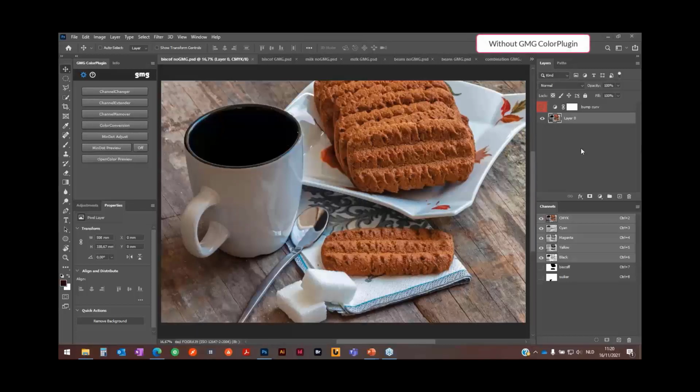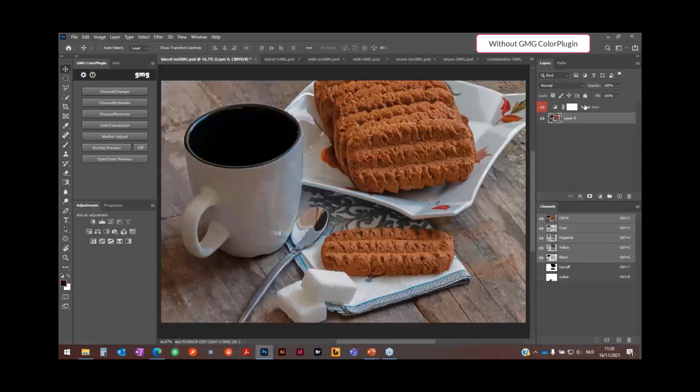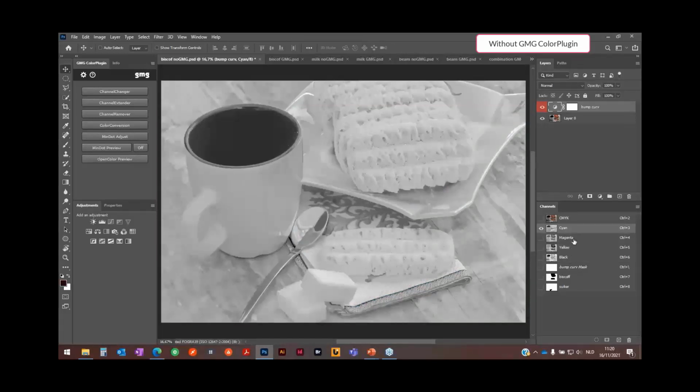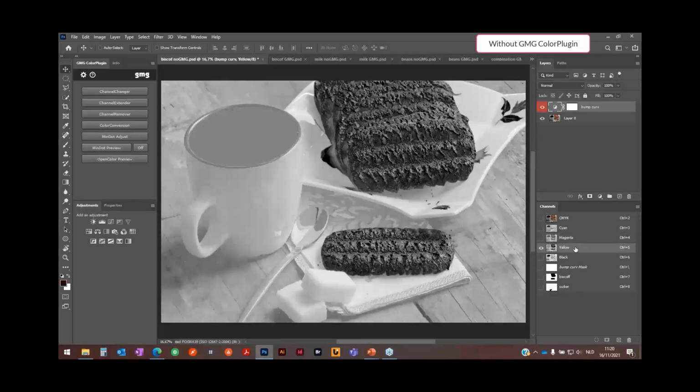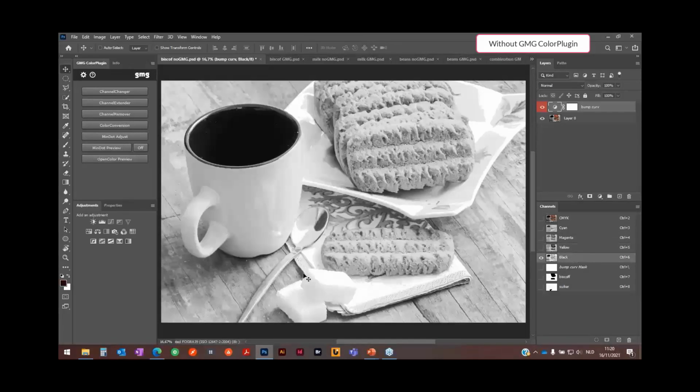The first thing we always do is simulate how it will be printed in Flexo. So I have here a simulation curve, which actually bumps all the values to some higher percentages. Then we have a look at the separations. So this is the cyan, looks quite well for Flexo because over the whole image we have a minimum dot of 1%. Magenta is also nice, as well as the yellow. But in the black, we have here some breakouts in these sugars.